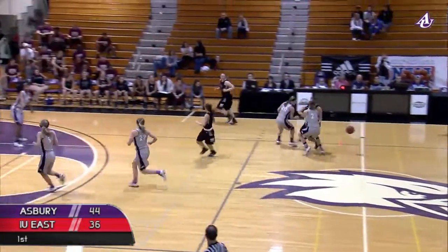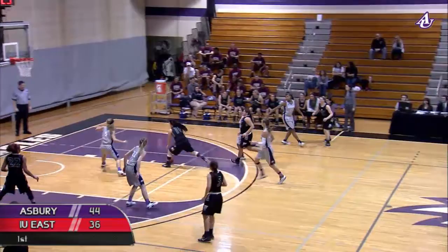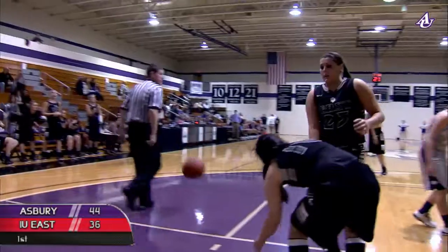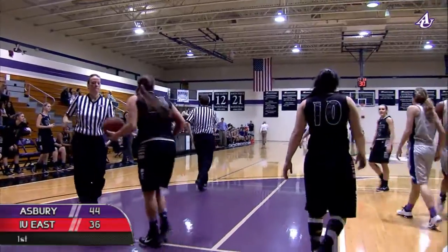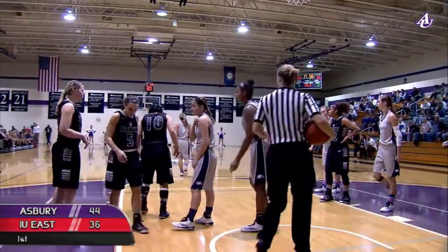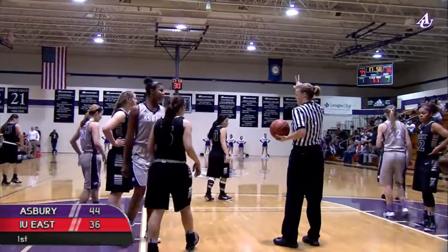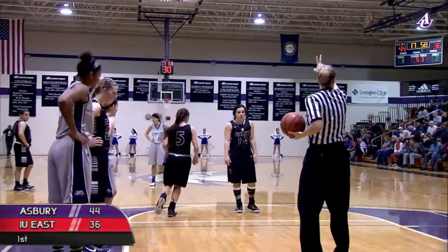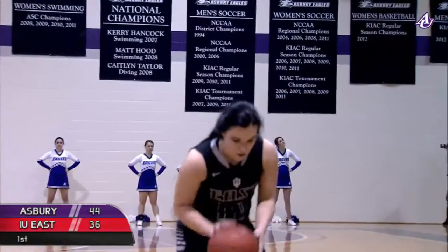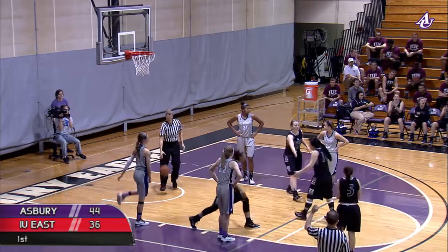And here's Mackenzie Campbell. She's been one of the contributors to the comeback for the Red Wolves. And a blocking foul called on Asbury. That's AJ Lewis. That's Lewis's third foul. And Bailey Dryman's going to the line for 2. So Asbury's done a little bit of a better job of getting back on defense to stop the fast-paced offense of the Red Wolves, but